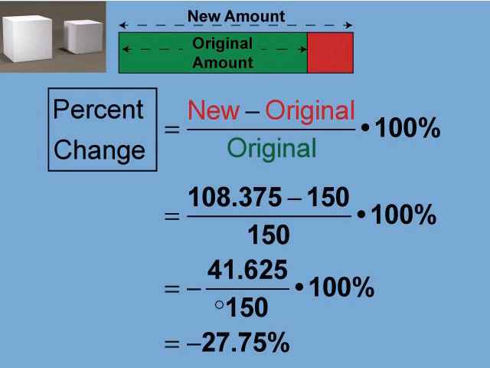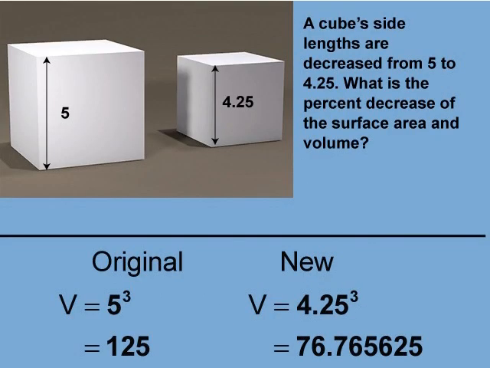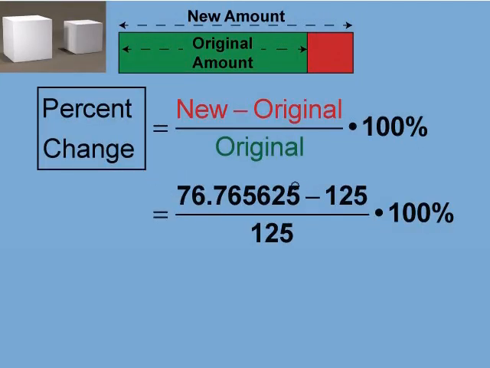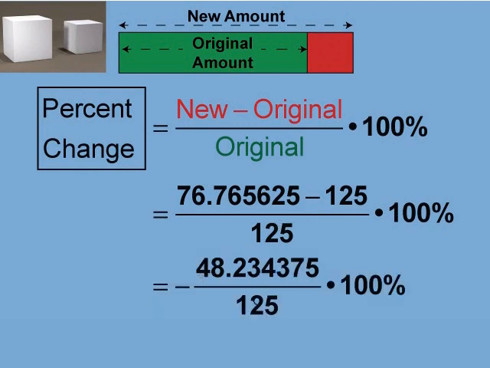Now let's look at the change in volume. These are the values for the volume for each cube. Let's plug these into the percent change formula. This is the new value. This is the original value. And the denominator also has the original value. This is the fractional amount, which simplifies to negative